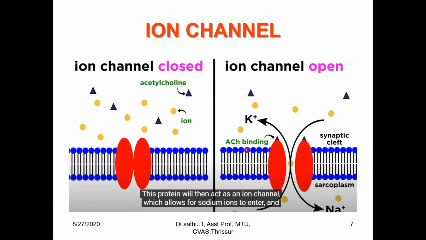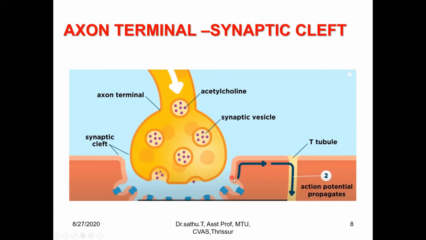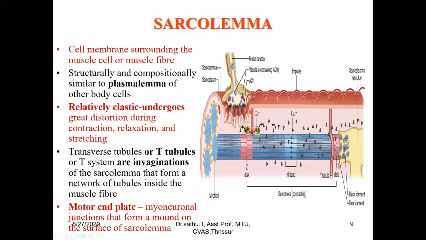That's what we find here. You can see here, it will be self-propagating. Once the action potential is created, it will be self-propagating and it keeps on moving. So where it moves to is the T tubules. We know the T tubules, we have studied in the previous lecture. So in the T tubules, it will be just passing and it will be going to the